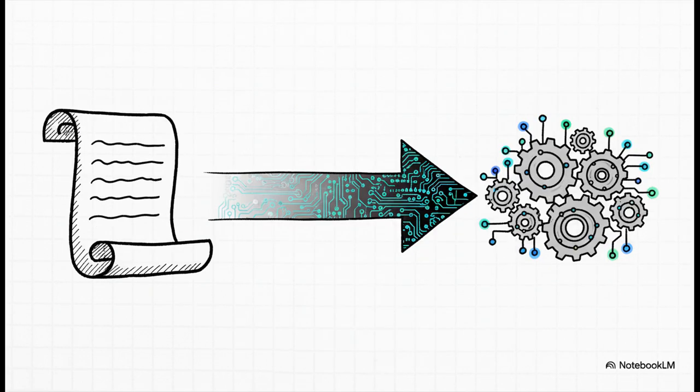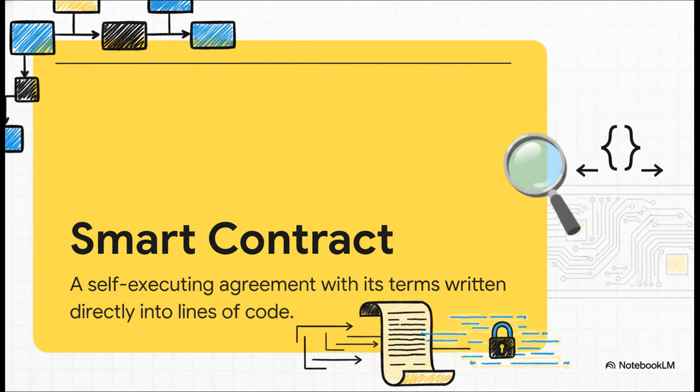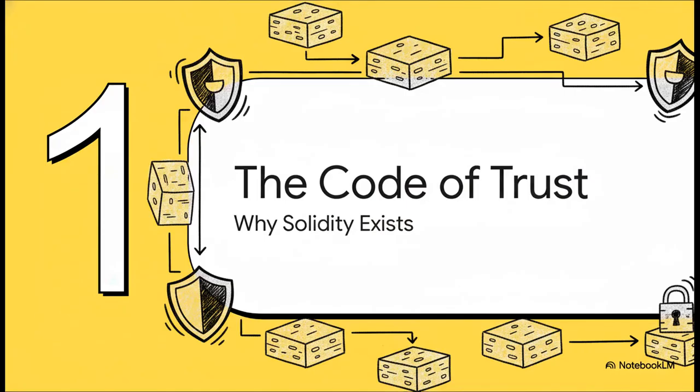You don't just write down the rules on a piece of paper. You program them directly into the system itself. You build it with code. And that system is what we call a smart contract. Think of it like a superpowered vending machine. You put in the crypto, the code automatically checks that the conditions are met, and bam, the service is delivered. No middleman, no disputes. And the primary language that makes all of this possible? That's Solidity.